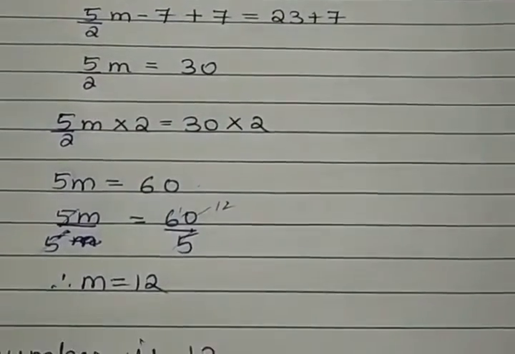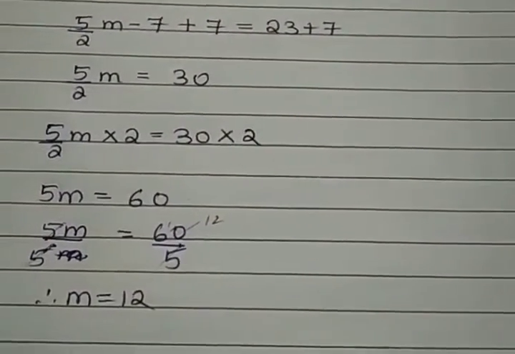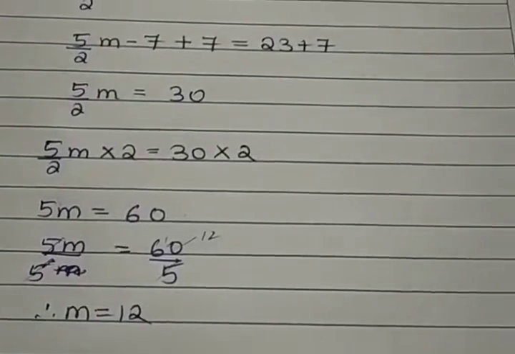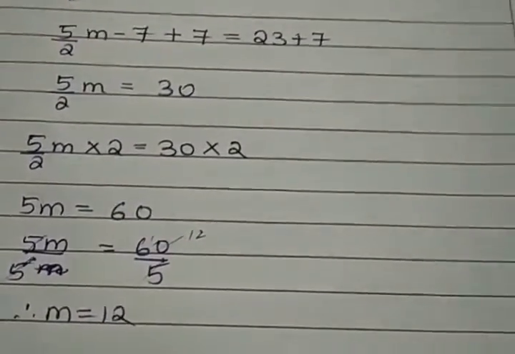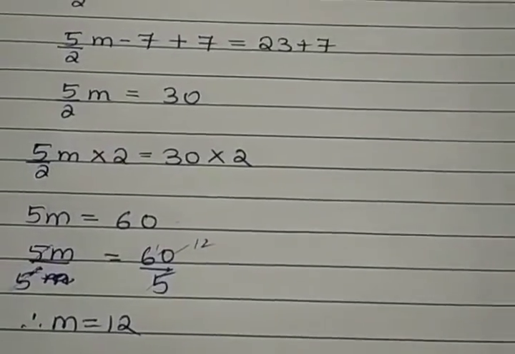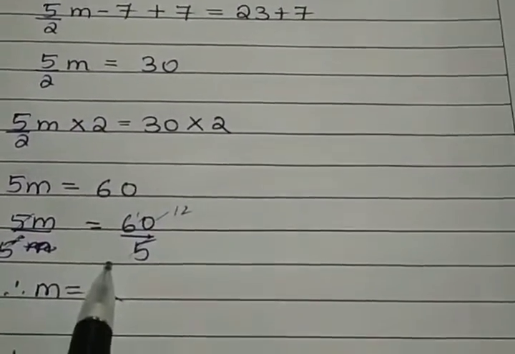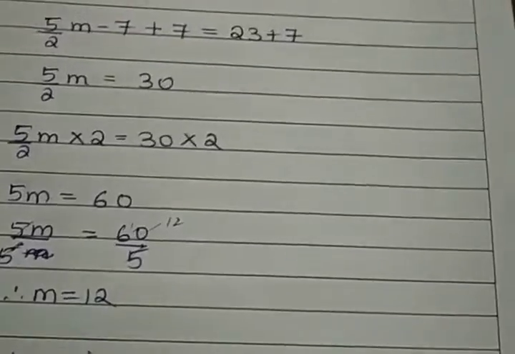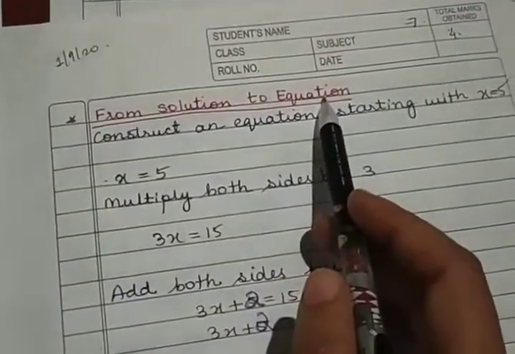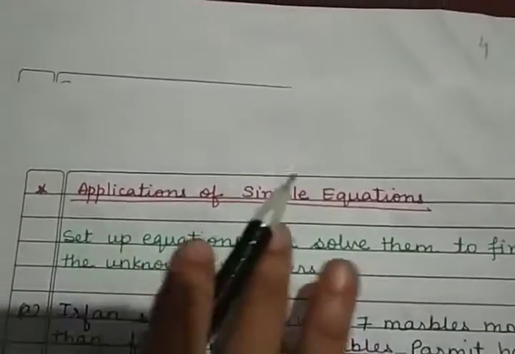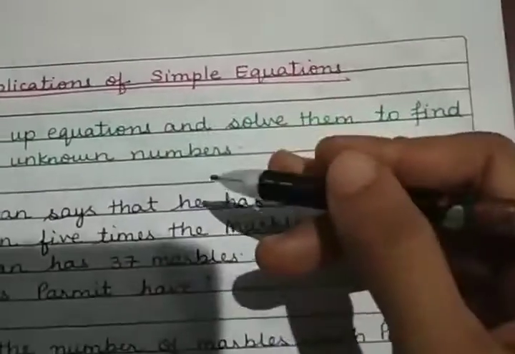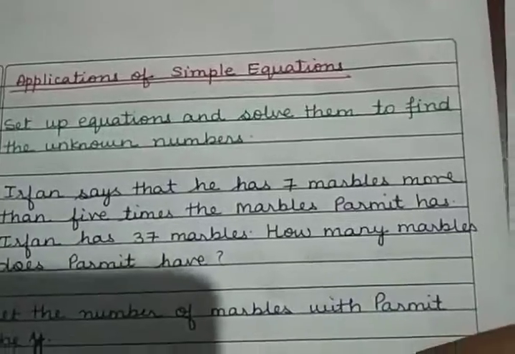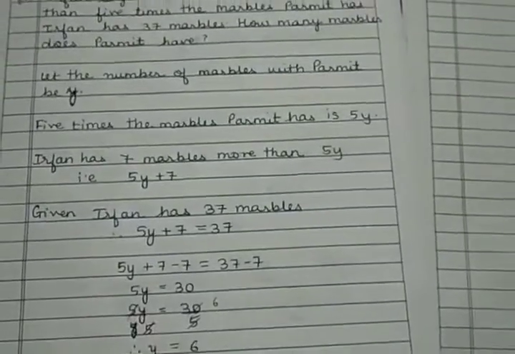So in this chapter we have seen what is an equation, then how when a statement is given to you, how to construct an equation, and from the equation how to construct a statement, and also how to solve an equation, the different steps to solve an equation. Then we saw from solution how do we get an equation, that was the next step. And the last part that we saw was application of equations, how from the statements we can find the equation and then accordingly find the unknown quantity.